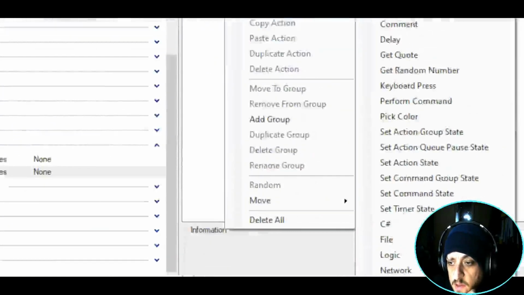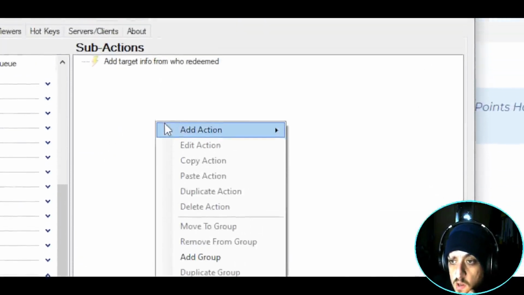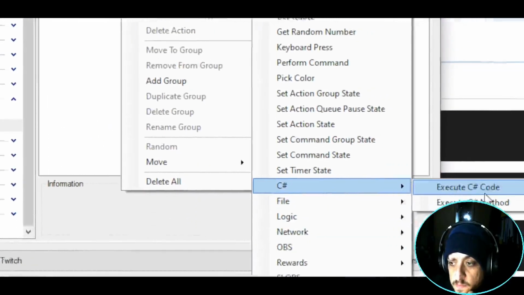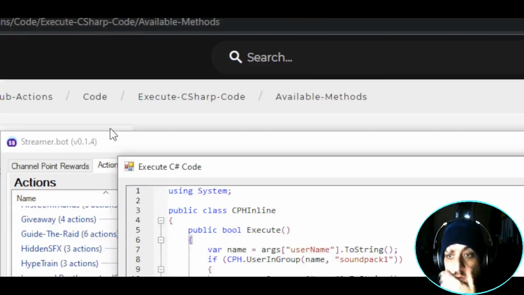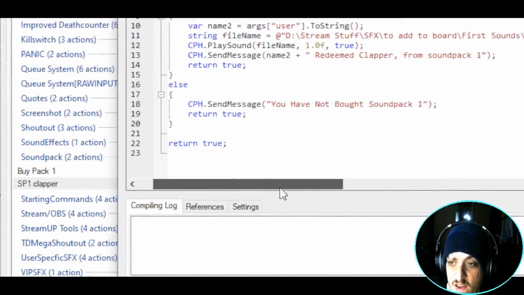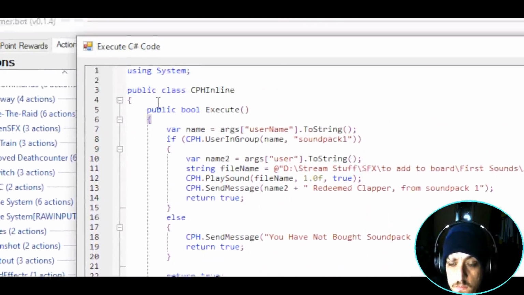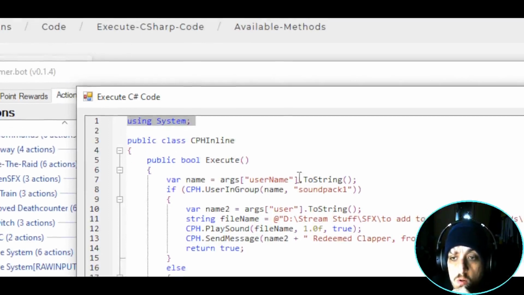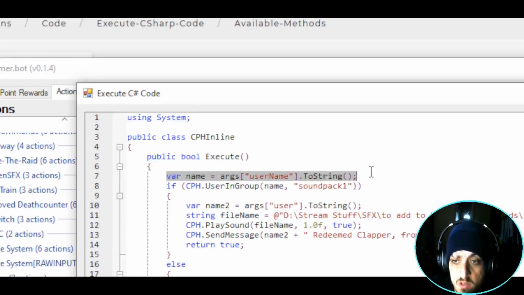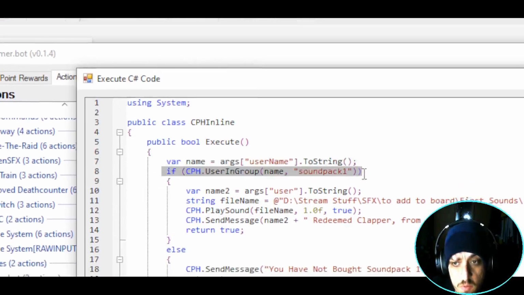So now you want to do the same again. You want to get the user info, and then you're going to add a bit of C#. Again, the C# is the same stuff. So again, I'm going to block the bits that I can. But what this does, it's just a command, so it doesn't need the refund stuff. What this just does is variable name, username again, because that's how you've written it into the group. It says if the user is in the group, then